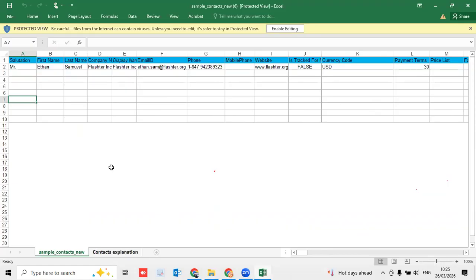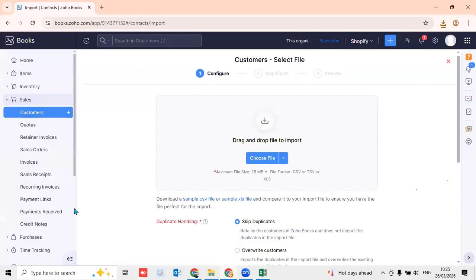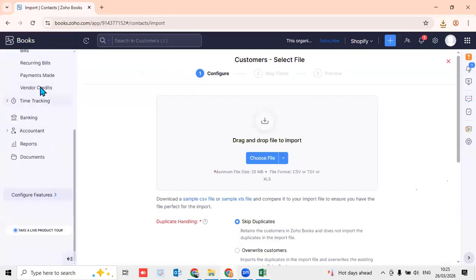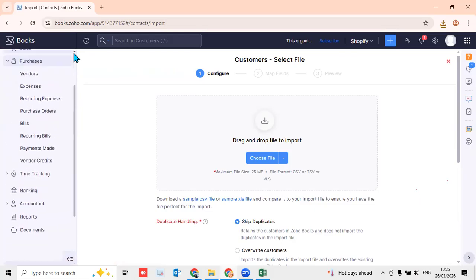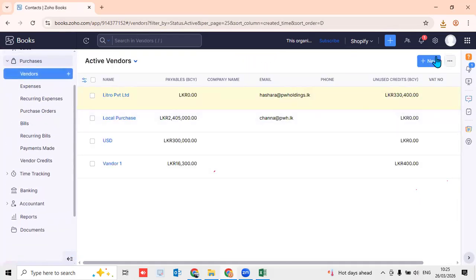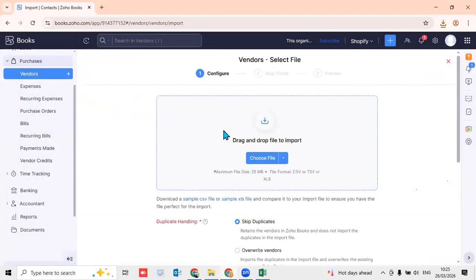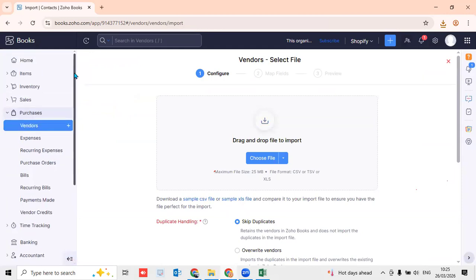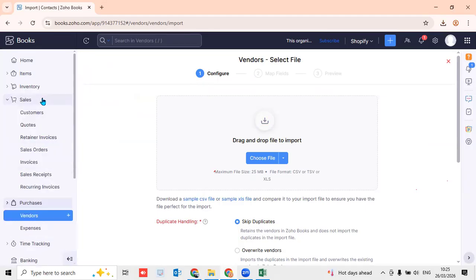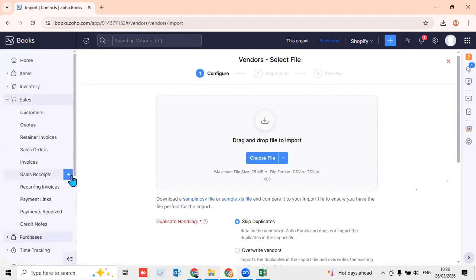Okay, you can practice that also. How to import customers, vendors, items. So you can import vendors. There is also a format or sample. You can download it and fill it, and after that you can upload. Like that, you can easily import your details to the system. Right. You can practice that also, and